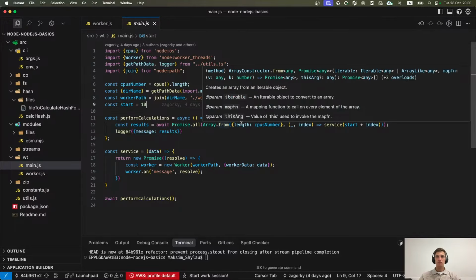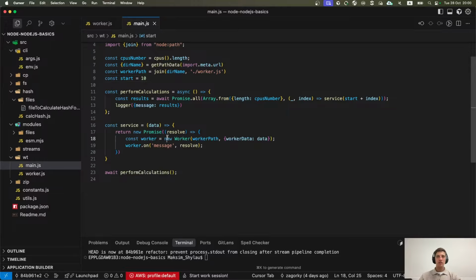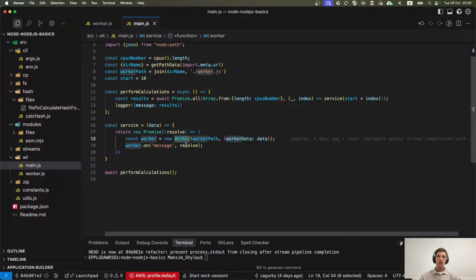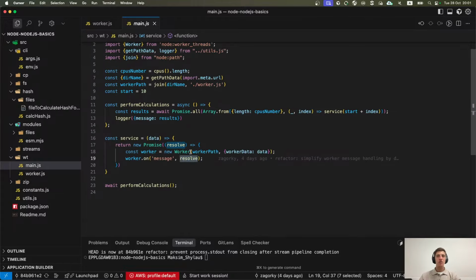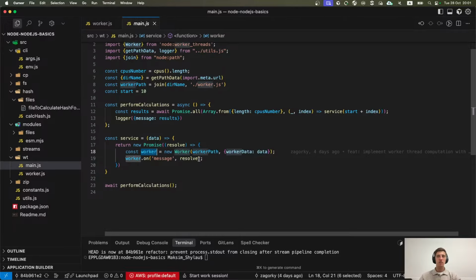So you create a worker, you subscribe to the message event, and after you get this data from the worker, you can use it in the main thread, because this worker instance is inside of the main thread.